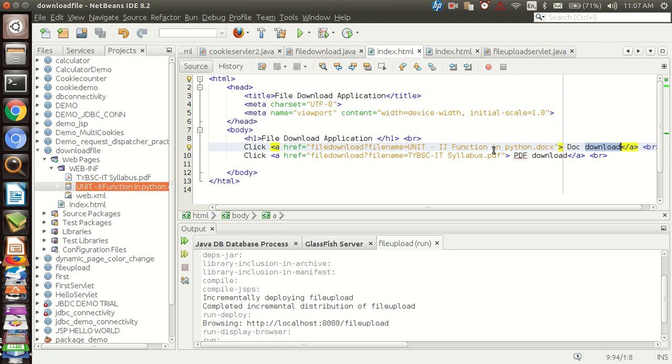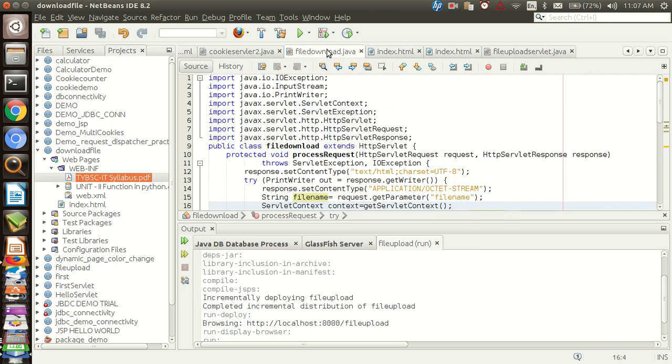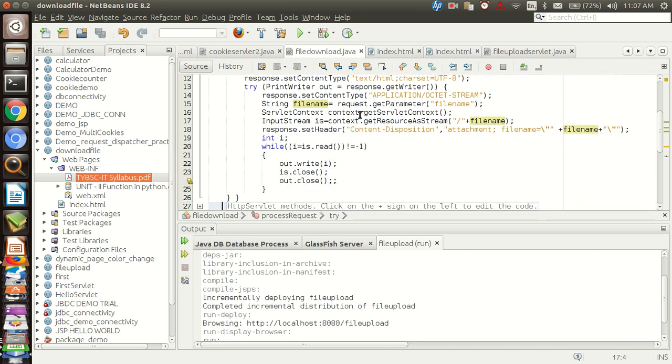And the same for the PDF file, for PDF download also we will mention the file TYBSCIT syllabus.pdf, because that file is present over here. That's why we need to write that file name only. So one is a document file, one is a PDF file. When the user clicks on any of the files, directly the user will get the option to save or to open the file.